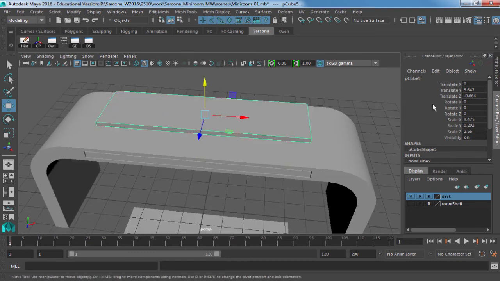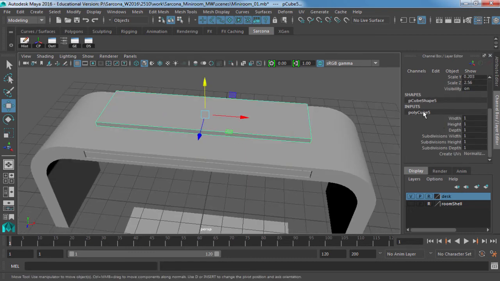All right, so now what we're going to do is add divisions. So over here in the channel box, there's a polycube, whatever number you're at. I'm at 5. You might be at 2 or 3. Okay? So you're going to click on the polycube to open up these options, and then you're going to add 5 divisions